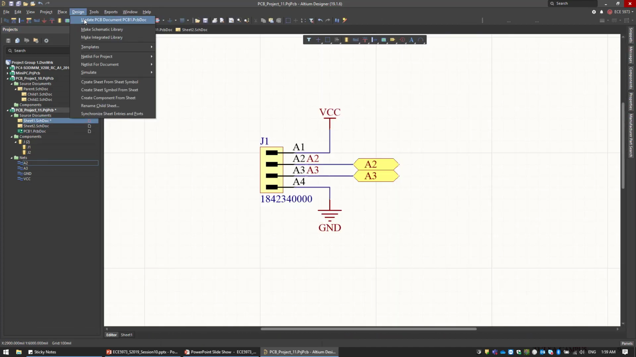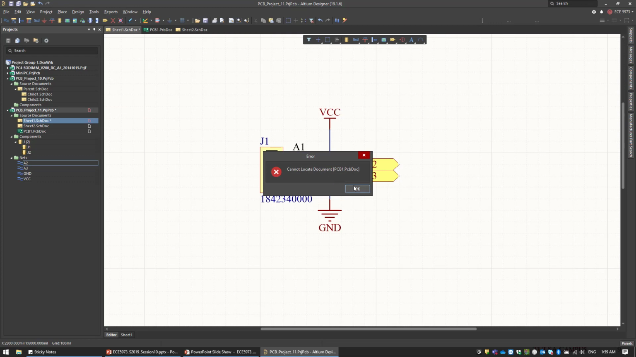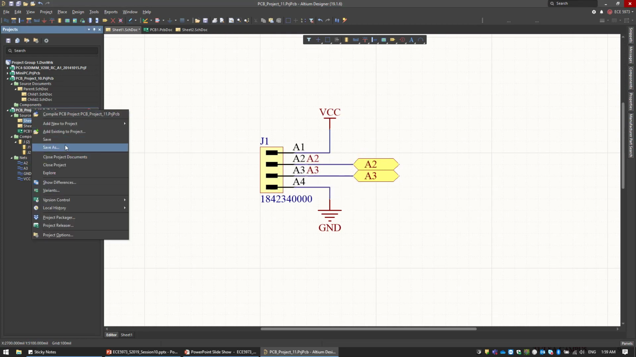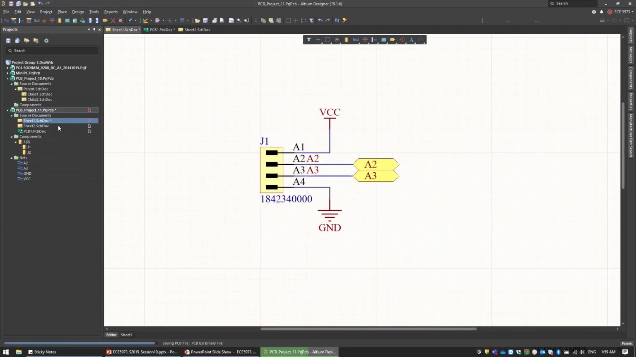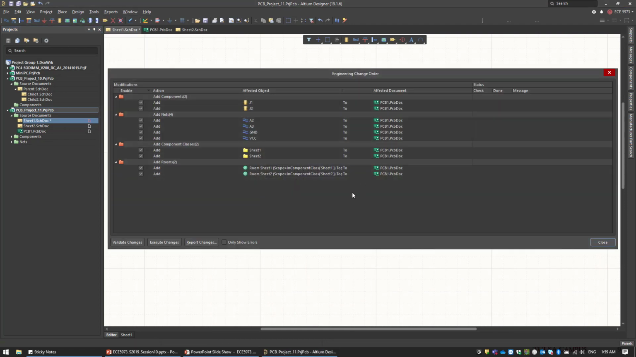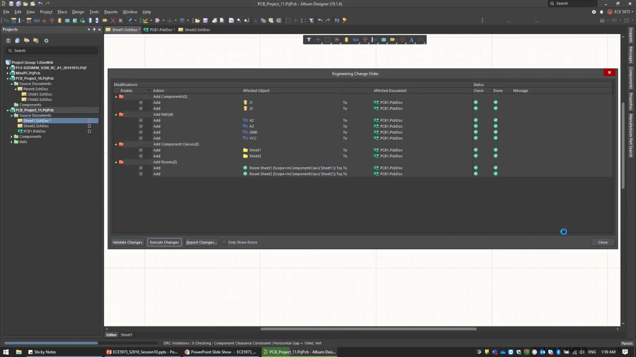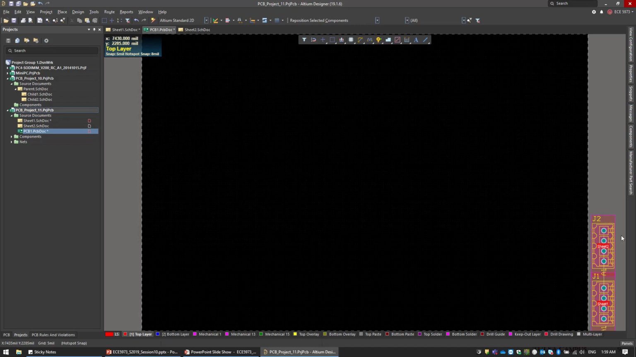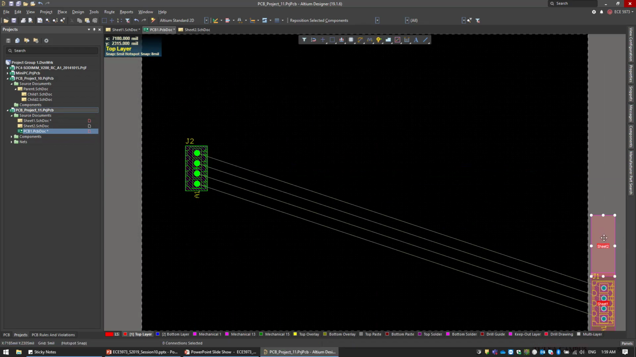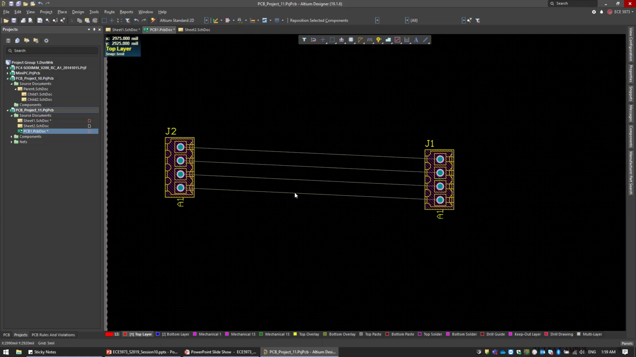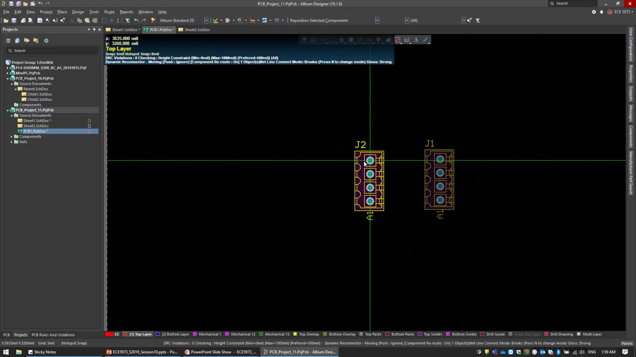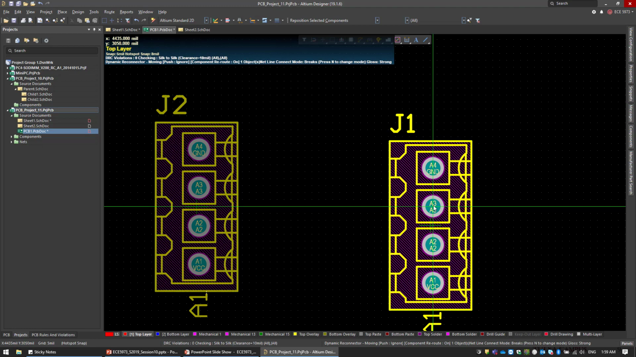Now let's transfer this design into the layout. Cannot locate. Okay, let's save everything. Save the layout. Okay, now let's send the design, execute, and connect the sheet, and this is the second connector. And here you can see we have two connectors,